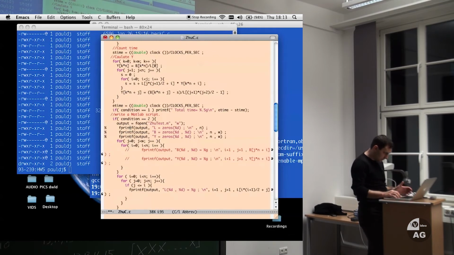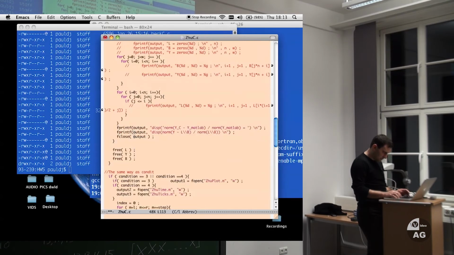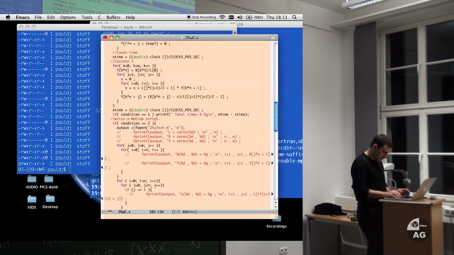Either way, it doesn't look like they're printing out ticks and time. I guess condition is another name for argc.